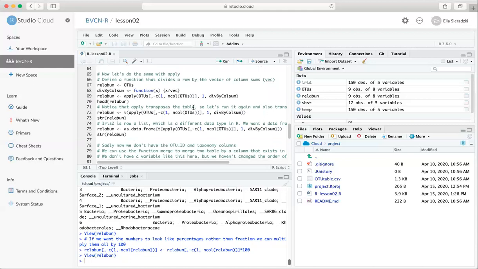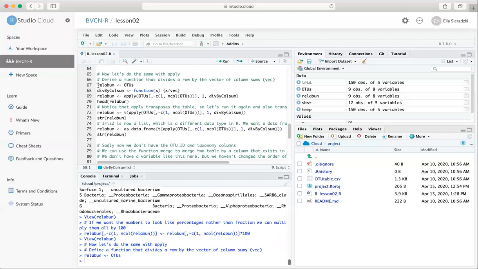Okay, so Haley, to your question, how do we do this with apply? Apply is a really useful function. It's not the friendliest that I've ever worked with, but once you get used to it, it's really great because it's a lot faster than running loops. So I'm going to just start over. What I'm doing here is I am defining a function. This is what I'm going to do to each row of my